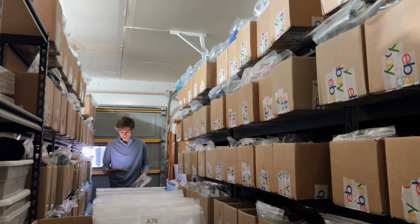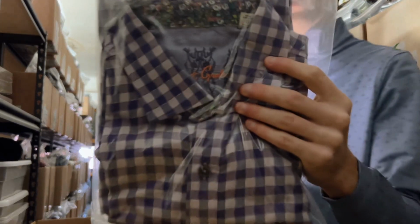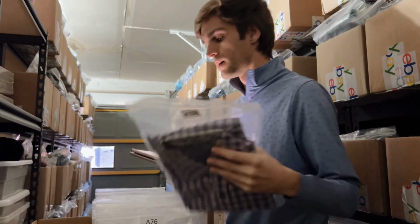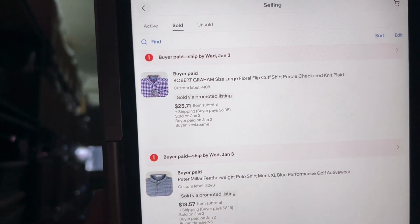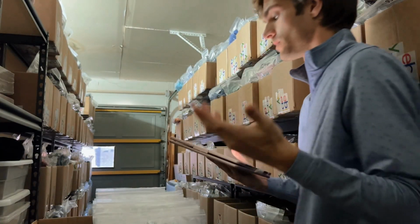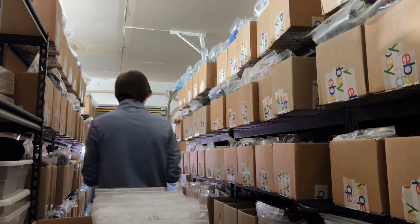This is another Robert Graham. This one sat a while though. This is a 7-month-old item. Just a purple plaid, nothing super crazy. That's probably why it sat for a while, but it's still sold for $25.71 plus shipping. It's a great little sale. Again, we love Robert Graham. And as well as another Peter Millar sale,